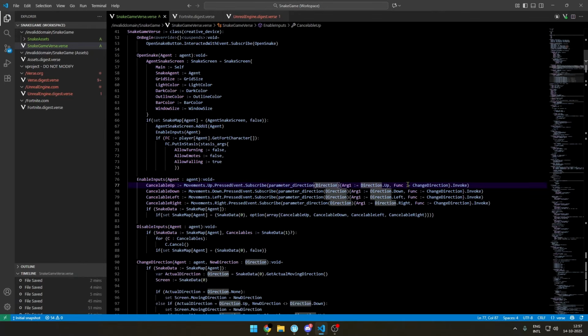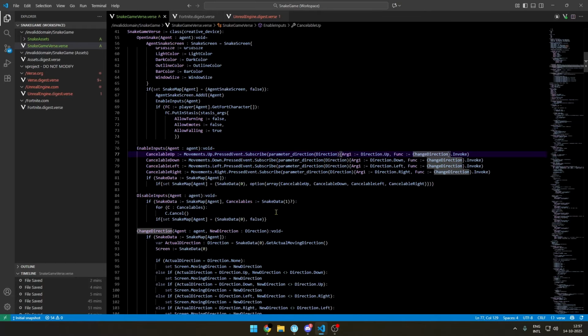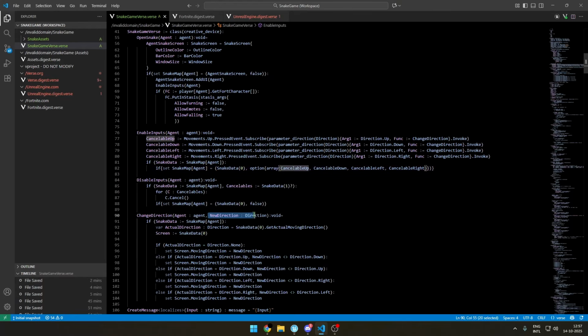And we call the change direction function with the parameter direction used to also specify the direction that the player wants to move in. So you could have also done this with 4 separate functions, but I just cleaned it up. And then we store all of the subscribe functions as a cancelable, so as a constant, and then we set the snake map agent, the second part of the tuple, as the